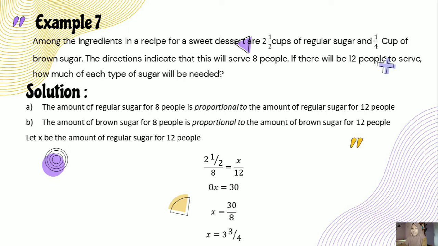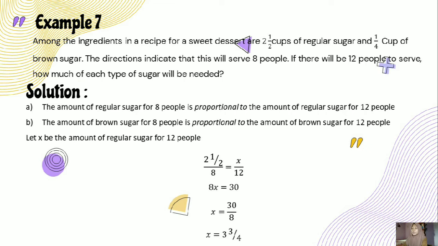Example 7. Among the ingredients in a recipe for a sweet dessert are 2½ cups of regular sugar and 1/4 cup of brown sugar. The directions indicate that this will serve 8 people. If there will be 12 people to serve, how much of each type of sugar will be needed? And the solution: